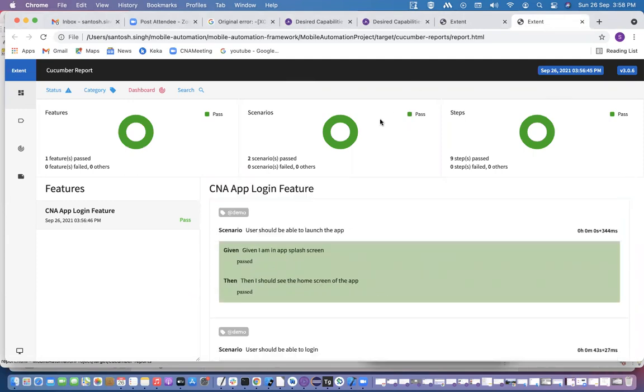Okay, thank you everyone. So we have done the POC for the Android as well as the iOS applications, and I'm also waiting for your feedback. If you need to enhance something there, then we can work on that. Thank you.